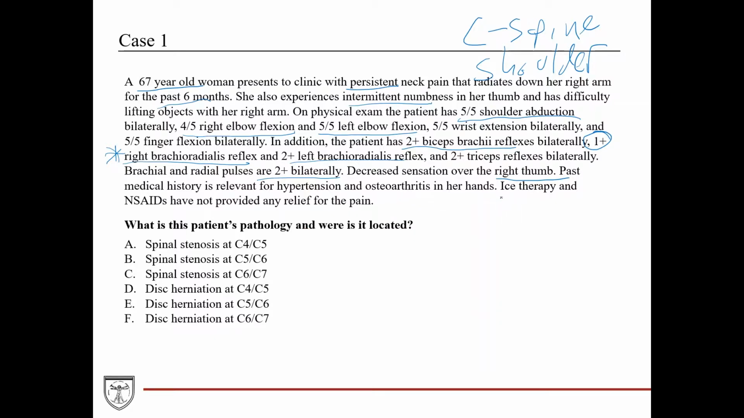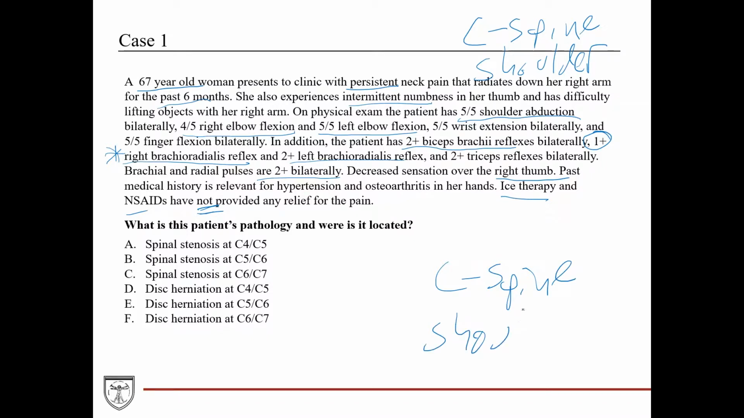Now this is a key here. Ice therapy and NSAIDs have not provided any relief. So that means this isn't just some kind of simple muscle strain in the shoulder or in the neck, or she woke up after sleeping in an awkward position or something like that. Plus it's been going on for 6 months. So the fact that these haven't really provided any relief tells us it's more complex pathology than that. So again, C-spine,